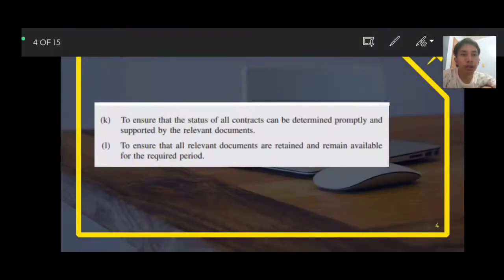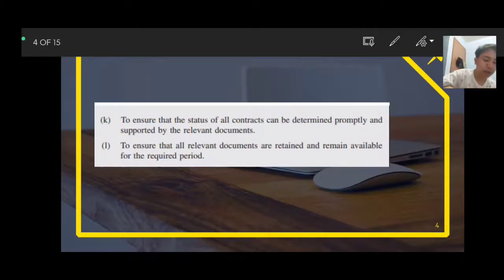K, to ensure that the status of all contracts can be determined promptly and supported by the relevant documents. And last, letter L, to ensure that all relevant documents are retained and remain available for the required period. So yun yung pinaka-summarize nung objective ng contract objective ng